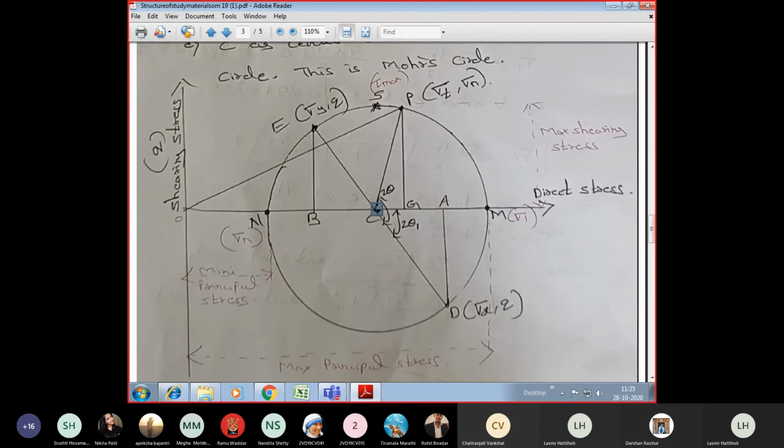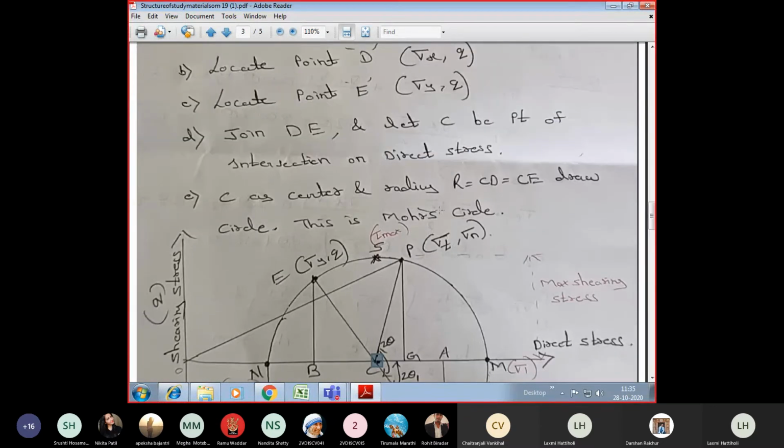Drawn the circle now. Once the circle is drawn, the Mohr circle is clearly visible to you. Now the next point is you need to mark all the points and measure all the values. So the next thing you should do is, from the point D, drop a perpendicular up to the point A. Similarly, from the point E, drop a perpendicular up to the point B. So now you have the point A as well as point B.